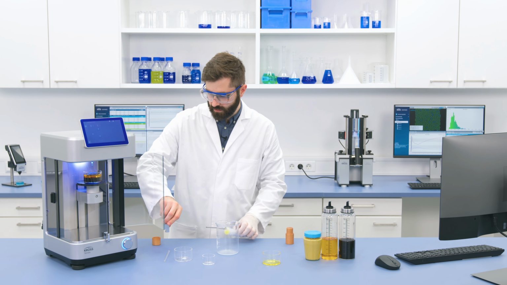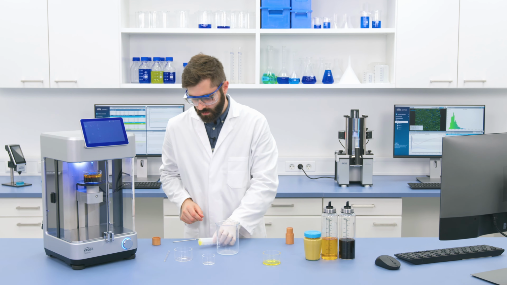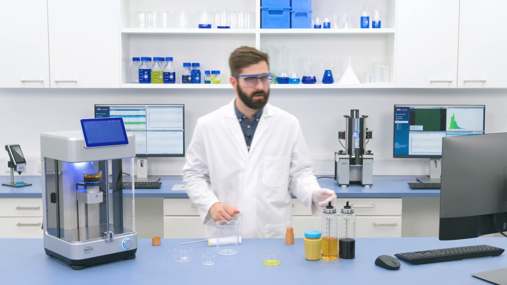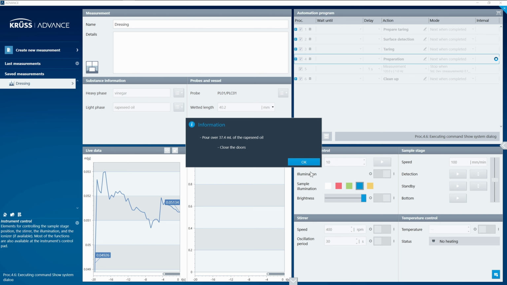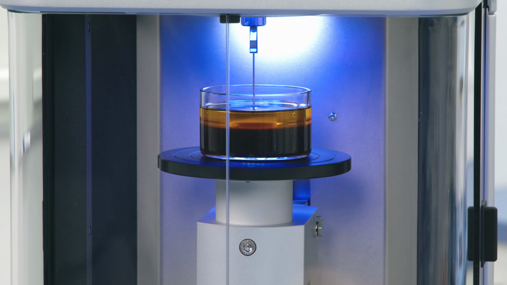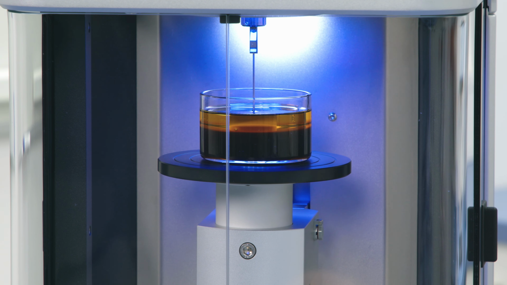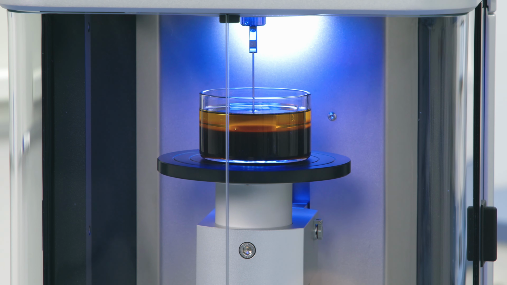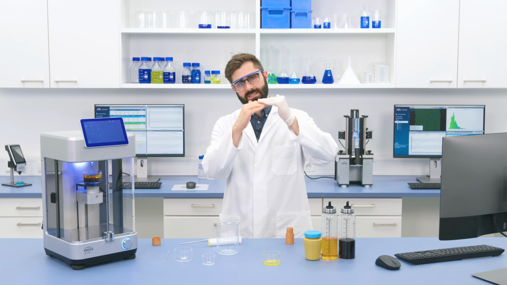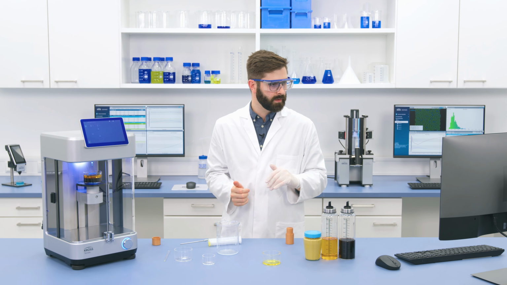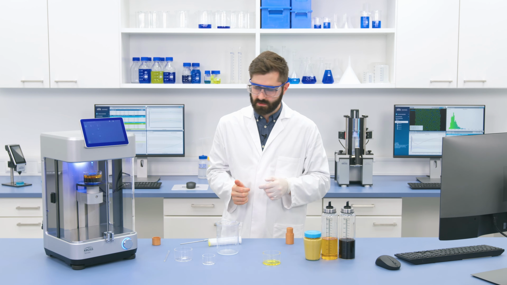Now we're ready for the last part of the measurement. All I have to do is press OK on Advance again. And now the plate is really sitting at the interface between the oil and the vinegar. So it's already at that interface. And then it's just going to run like a normal surface tension measurement and measure the tension being pulled on our plate. So it's just going to run through a few steps, opening the force sensor.